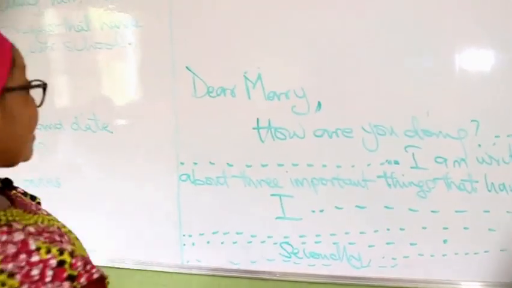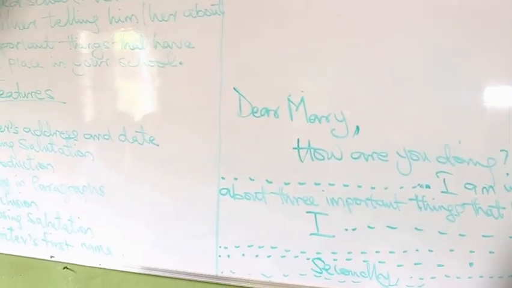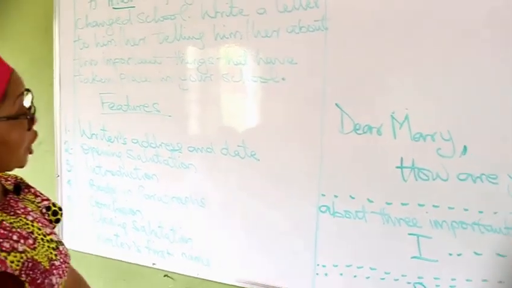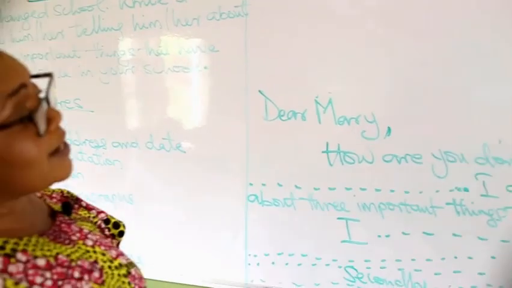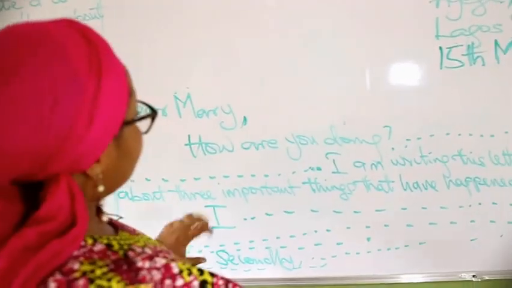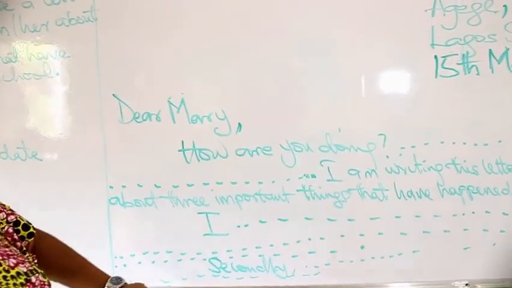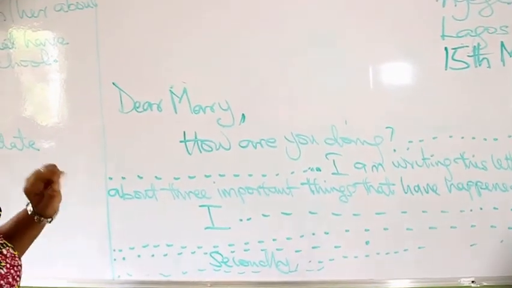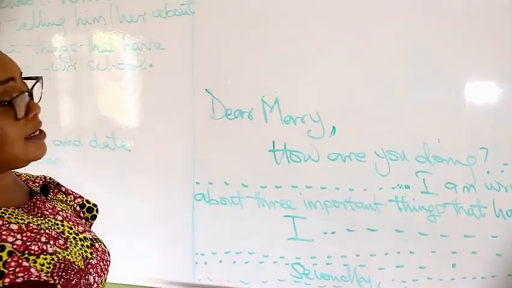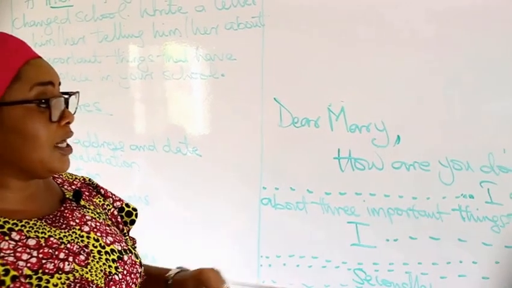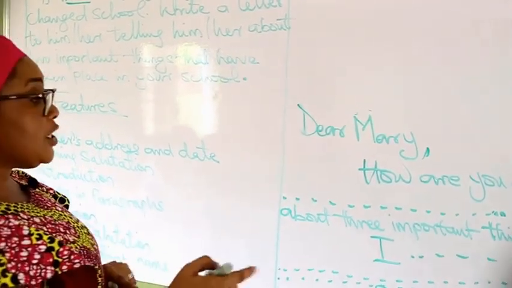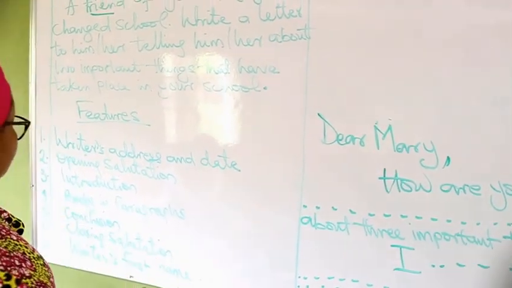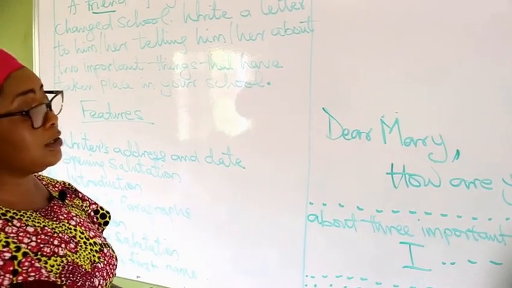Now, when you're done, we talk about the conclusion. Under your concluding part, the conclusion, you summarize all the basic things you have written in brief. It could be 1 or 2 sentences. You just summarize all that you have written. Now, when you're done with the conclusion, you move over to the closing salutation.